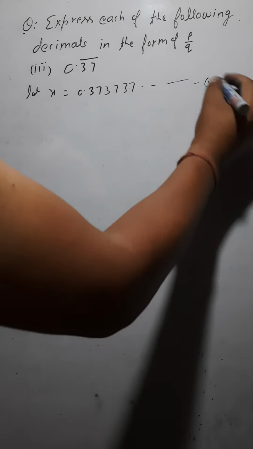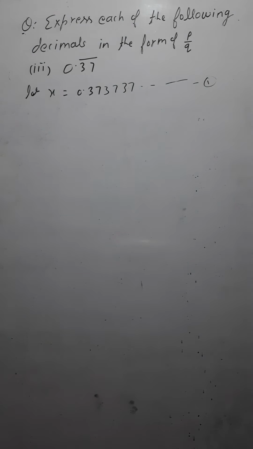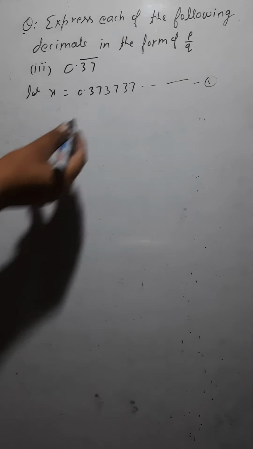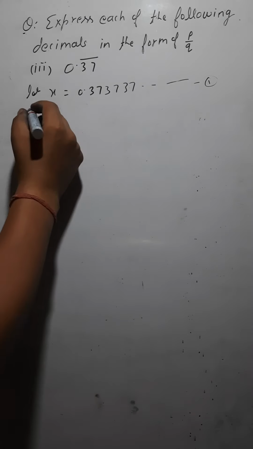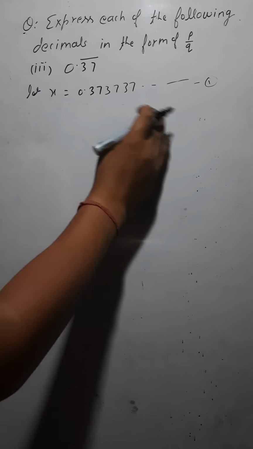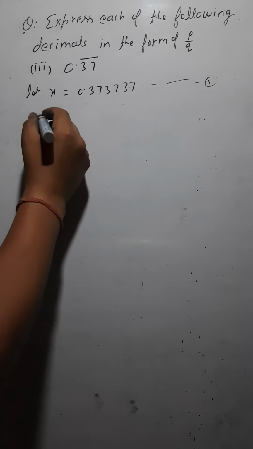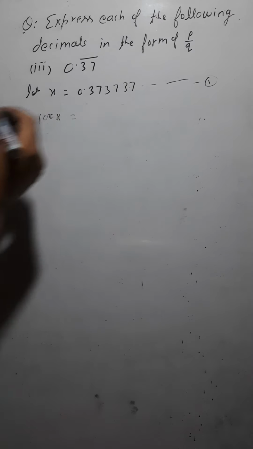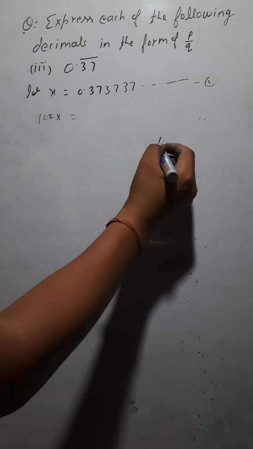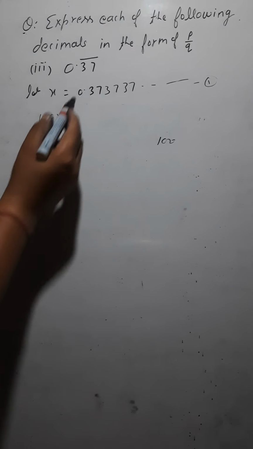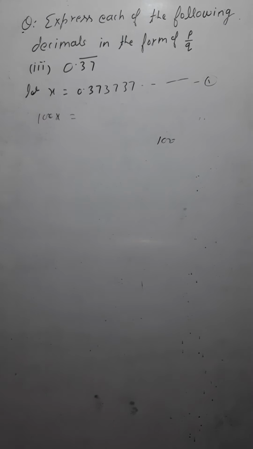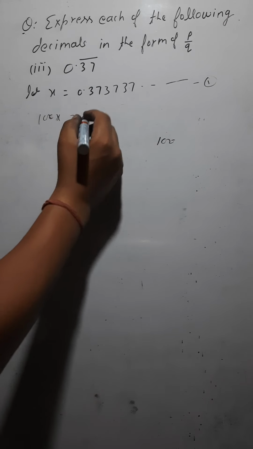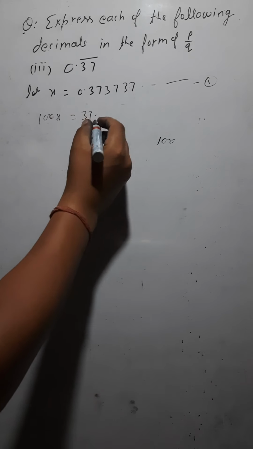Let's say this is equation number 1 now. Now what I would do? I would multiply both sides by how much? 100, because here 2 digits are there under the bar. Okay. So right here multiplying both sides by 100. So if you are multiplying, you would be getting 100x. If you are multiplying by 100, 2 zeros are there, so the decimal would shift 2 places here, isn't it? So this decimal would go there, so this 37 would come here. So 037 means 37 would come here, point.